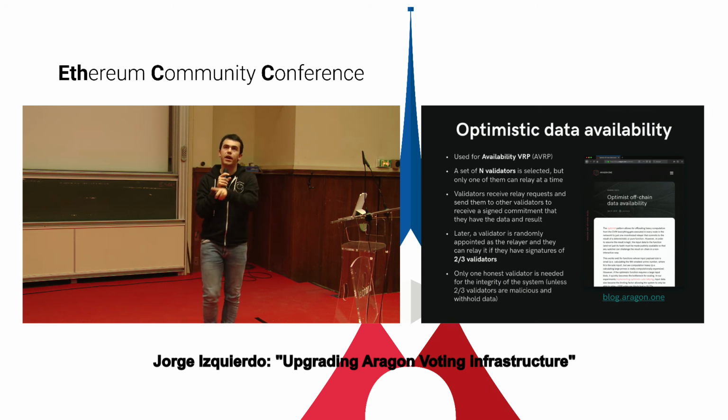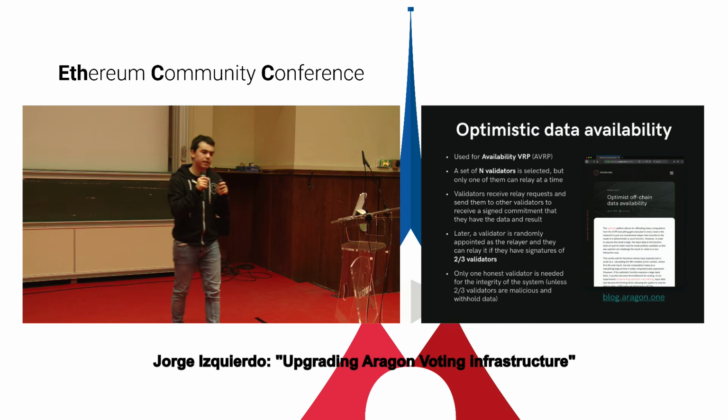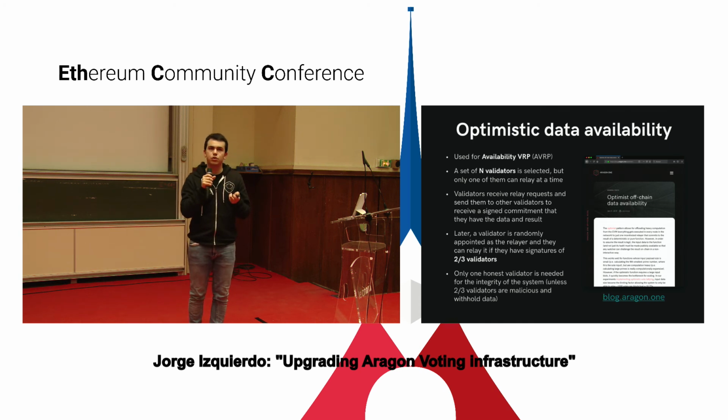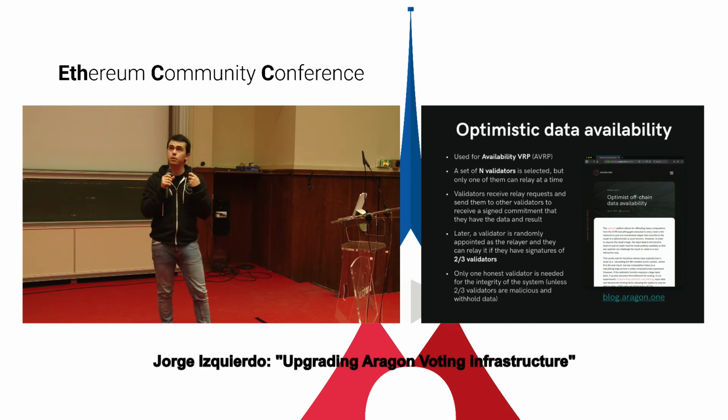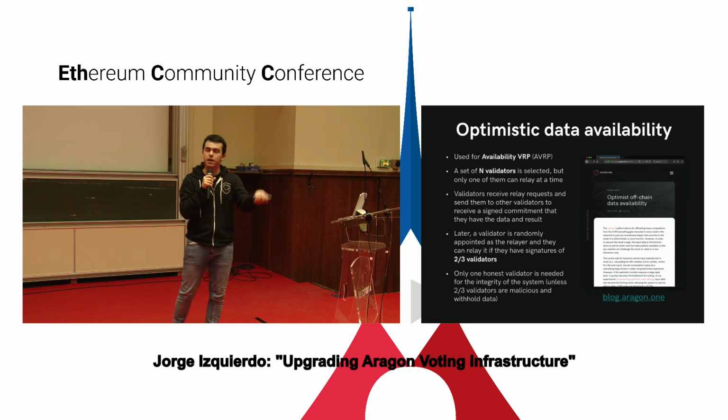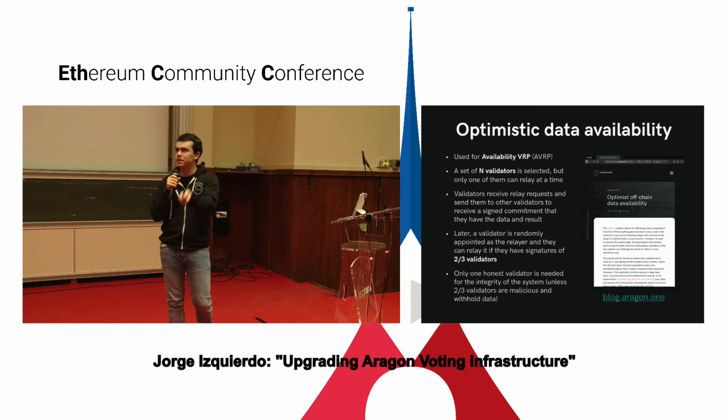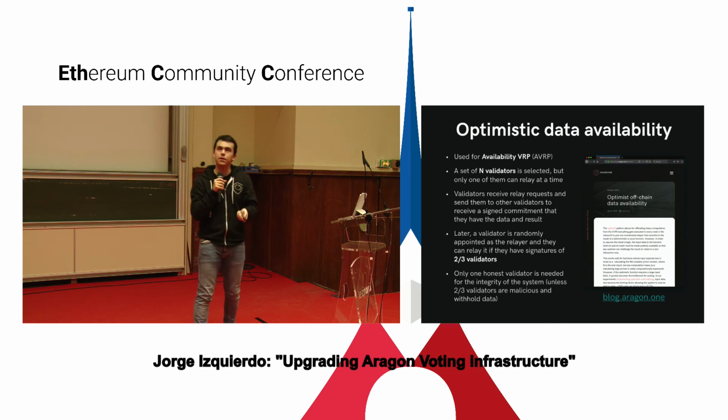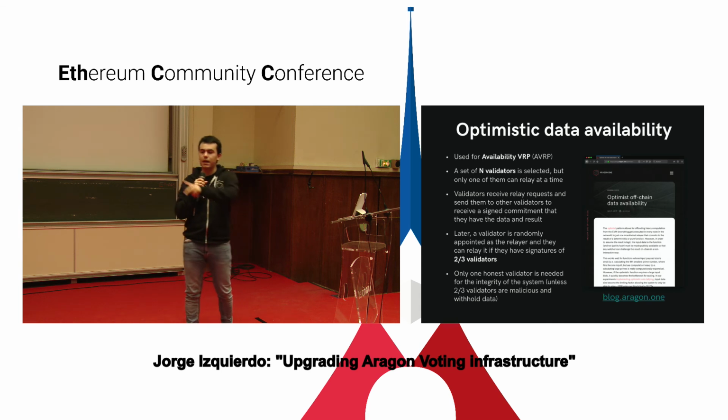But they don't know beforehand. So the idea here is that each of these validators should be keeping the entire input data in case they become the relayer randomly, and they can submit the computation and earn the fees. But what you achieve here as well is that all of these validators, you kind of know, and they actually need to sign a message saying that they have the data before someone can submit it,